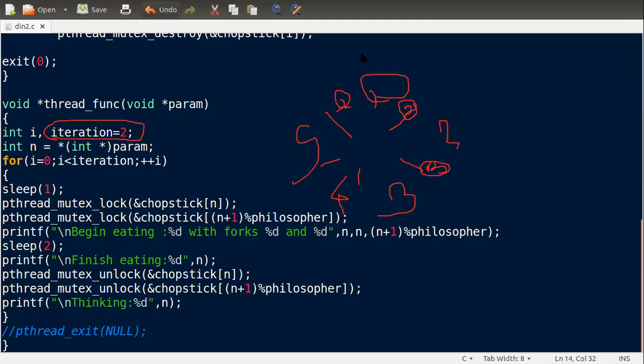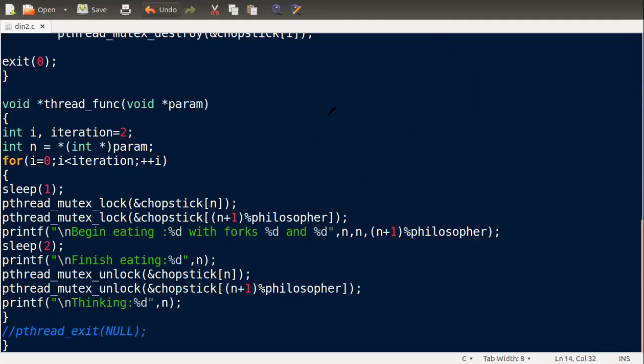and so on. So what we are doing is we are having these 2 iterations over here. You can increase this iteration, you can keep 1 iteration, you can keep multiple iterations over here. How many times do you want to go in this loop? So that is the loop over here. In the for loop, you can see the number of times iteration is going on. And for these parameters, what we do is first here we give some sleep in between so that the other threads can get the chance to work over the iteration.